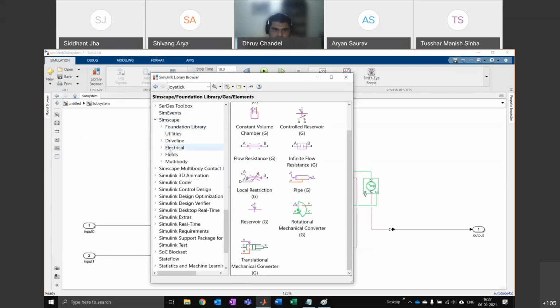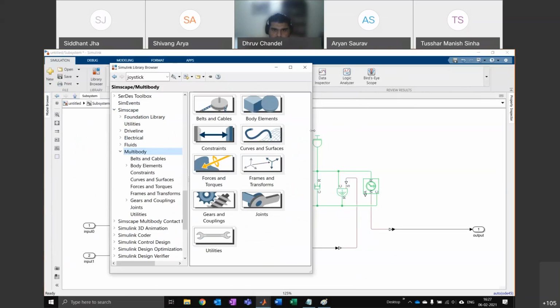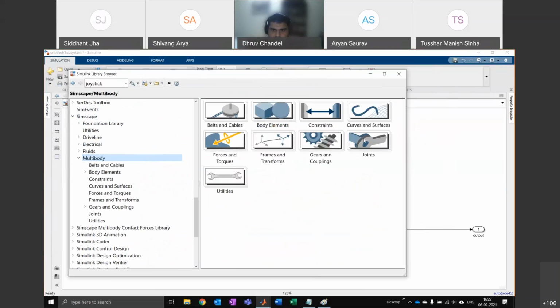So if you go down in Simscape, you find this Multibody library. And in here, you find a lot of different things. So body elements, joints, gears, couplings, forces, etc. Now, this Multibody can't run in MATLAB Online, so we're not going to do this hands-on. I'm just going to show you what it looks like. If you want to use this, you can install it on your computer. So let me show you an example of what Multibody is capable of for a robotics application. And then I'll show you how to make a Multibody model.